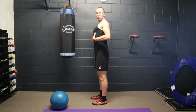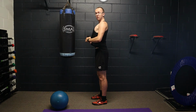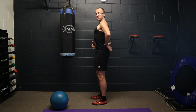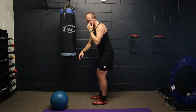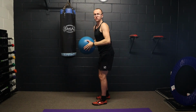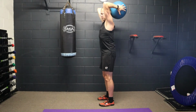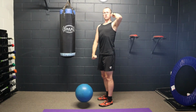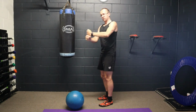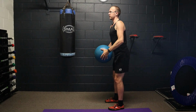big deep breath through the rib cage, and then you'll notice that we've got this anterior tilt in the lower back, and we get rid of that. Once you've got rid of that anterior tilt, you bring your arms above your head, particularly with a weight such as the medicine ball here, and you take a big deep breath in and try to keep a neutral spine. All of a sudden, all this tissue is lengthened and primed to contract. So we've got length, contract, and then you'll slam the ball much more efficiently. So we're going to go up here,